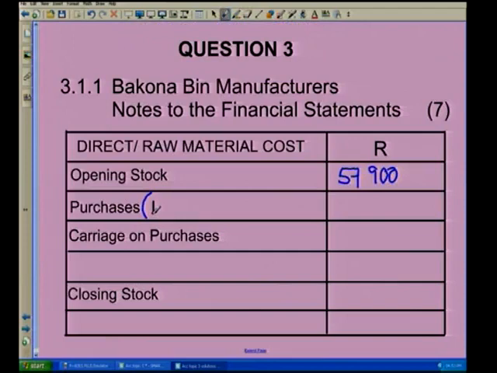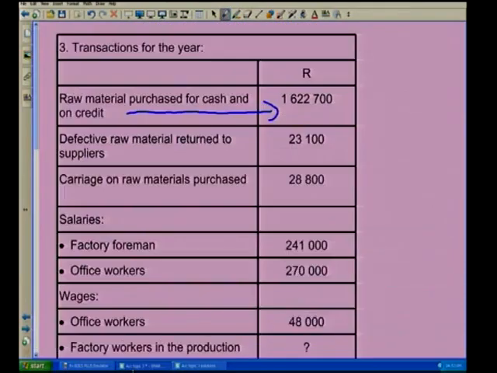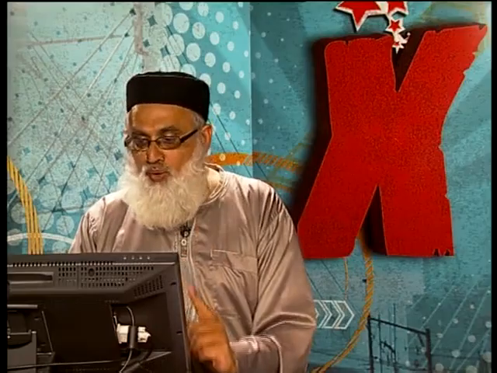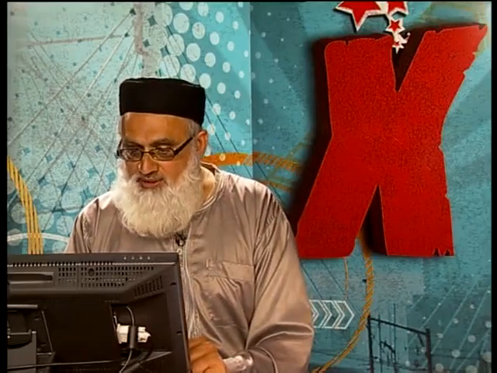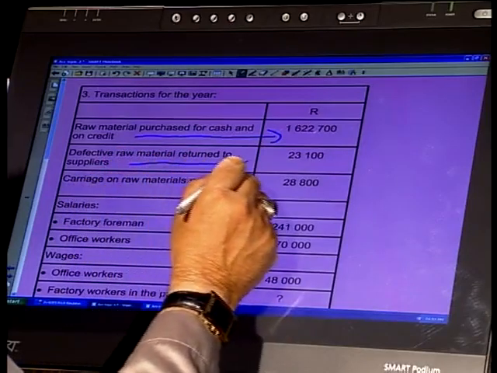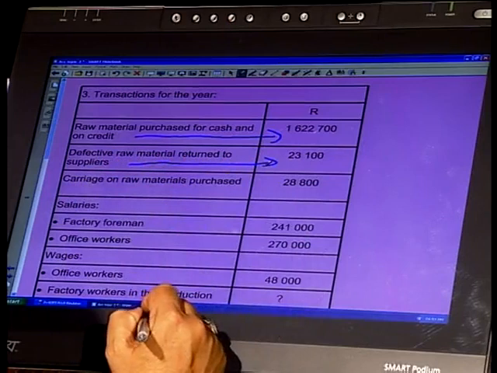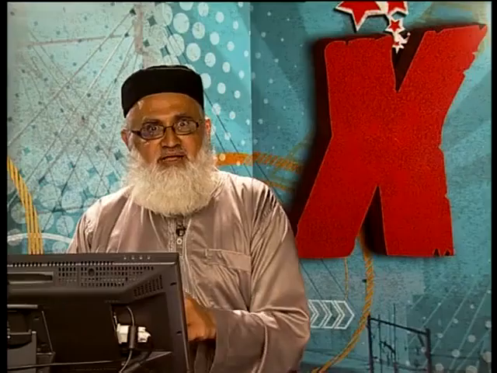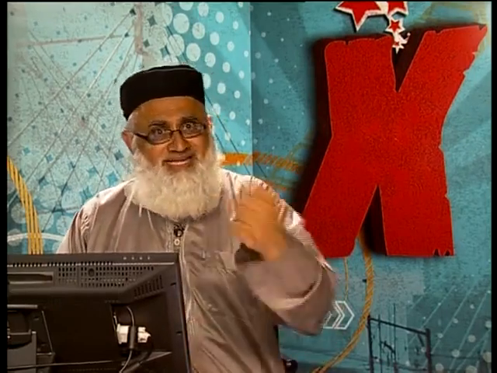So therefore, open a bracket, always work with a bracket, and let's get that. 1,622,700. Okay? And what else do I know? What else do I know? Defective raw materials returned to suppliers,